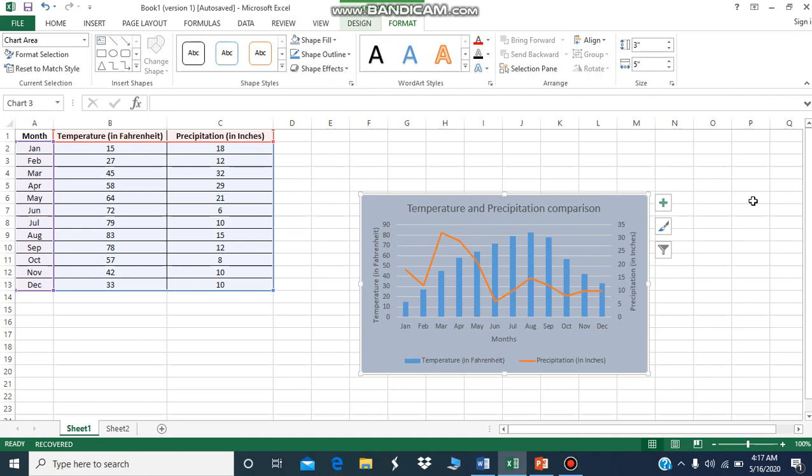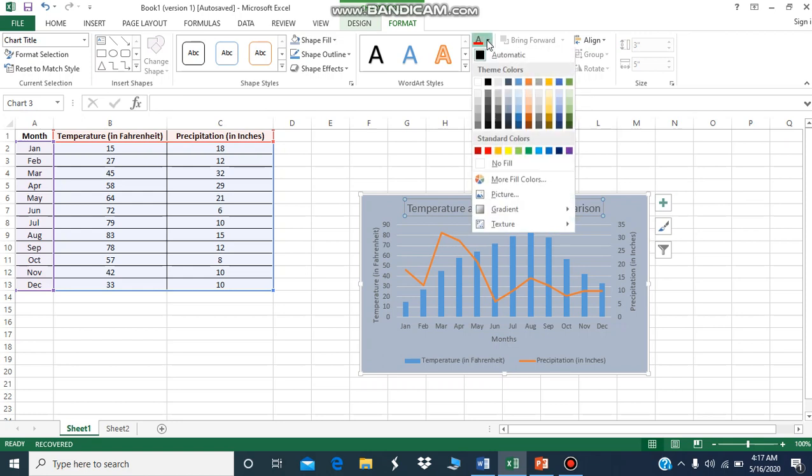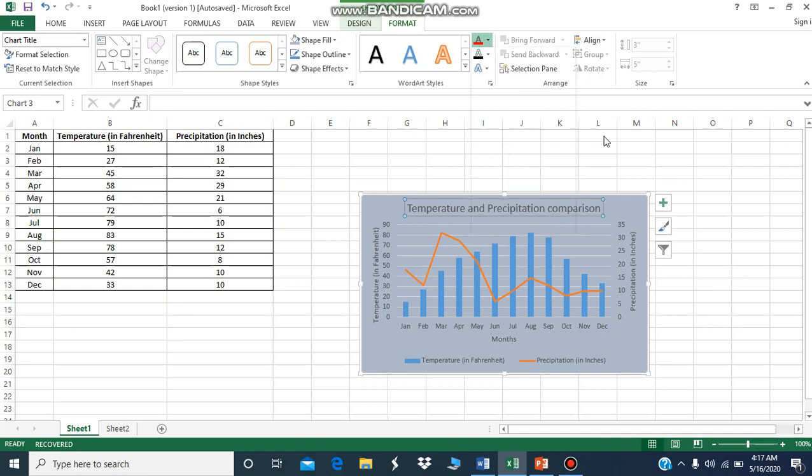And now text fill. How is it possible? Click on the chart title. It is your option of text fill. Let's color it red. Click on it. Again, this title axis.